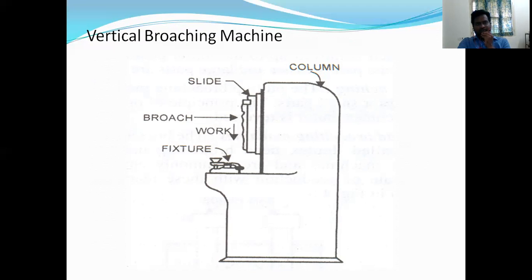Now we are moving to the vertical broaching machine. In this vertical broaching machine, observe here it is a column. The broach is fixed in a vertical position, and the workpiece is held in a fixture. The direction shows the movement of the cutting. And here the slide is there. So it is also a pull type, so we are applying force. The drive mechanism